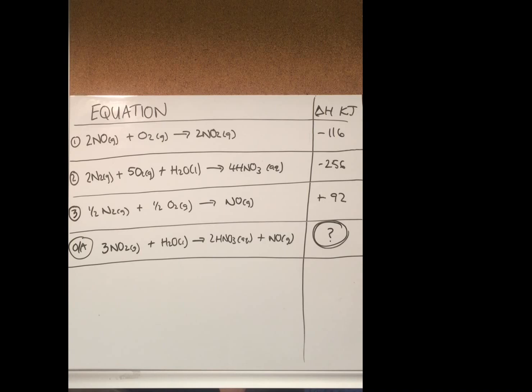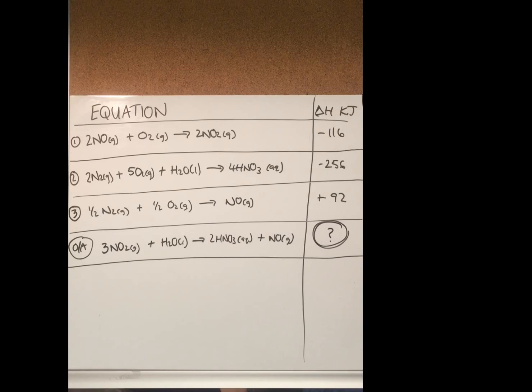The flip. The equations can be flipped so the reactants become the products. If this is done, be sure to change the sign in the change in enthalpy. You can multiply through. Each coefficient in the equations can be multiplied by any fraction or whole number in order to match the overall equation. However, when this is done, the change in enthalpy given for that equation must also be multiplied by that same